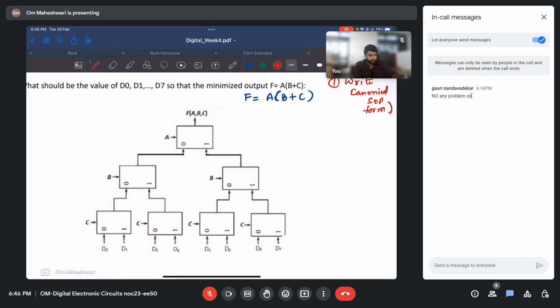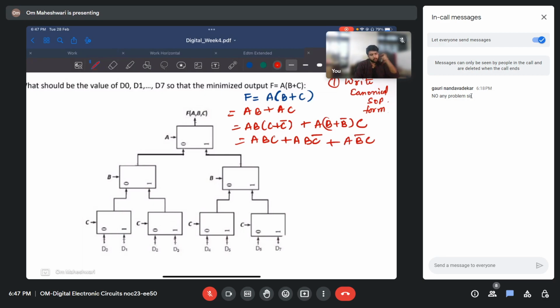So I'll just expand it. F equals AB plus AC, and we have D also, so it will be ABC plus C bar, and this will be plus AC, AB plus B bar C. This is ABC plus ABC bar plus ABC, which is the same, so I'll not rewrite it, plus AB bar C. Okay, so